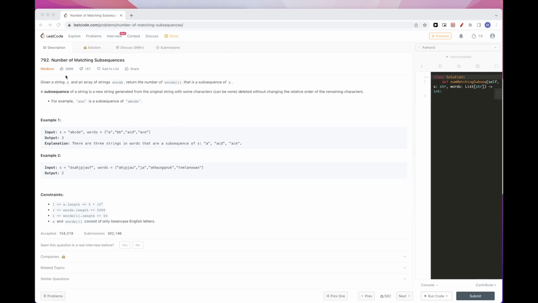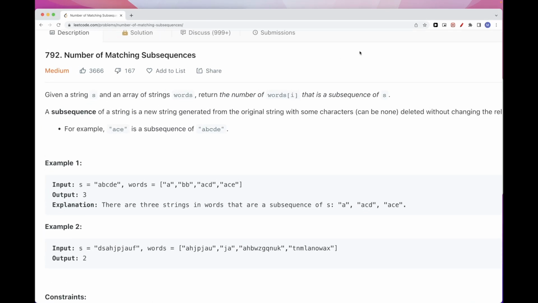Hello, so today we are going to do this problem, part of Leetcode July challenge, number of matching subsequences. So the problem says that we get a string S and an array of words, and we want to return the number of words that are subsequences of S, right? So a subsequence is, of course, a set of indices, the letters in a word match